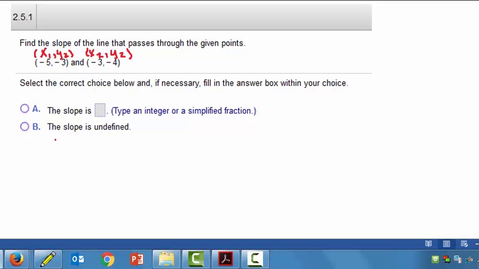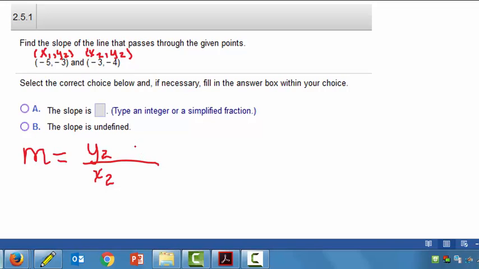The thing to remember, though, is that when you are finding your slope, whichever y-coordinate is first in the subtraction in the numerator, the corresponding x-coordinate has to be first in the subtraction in